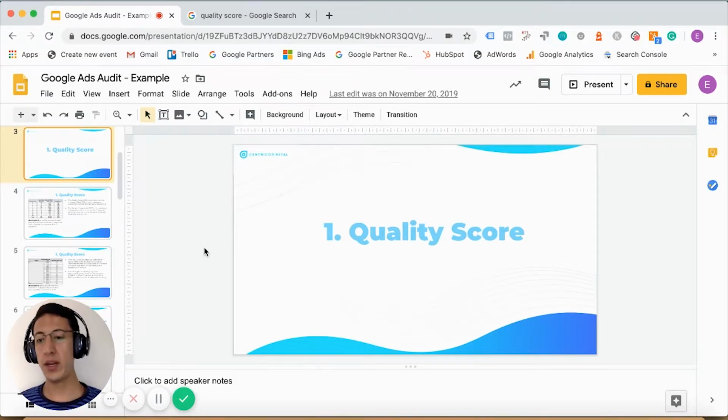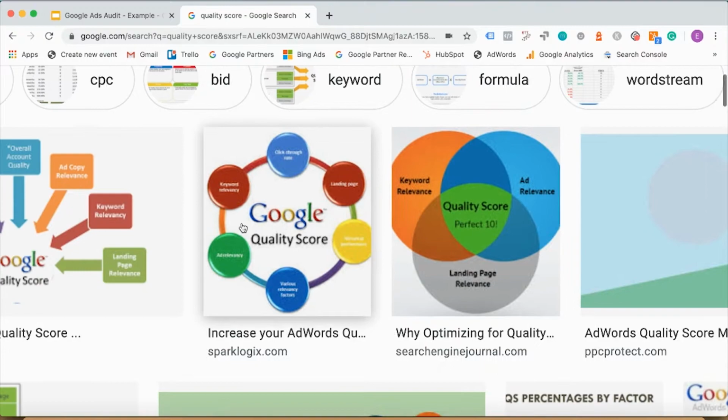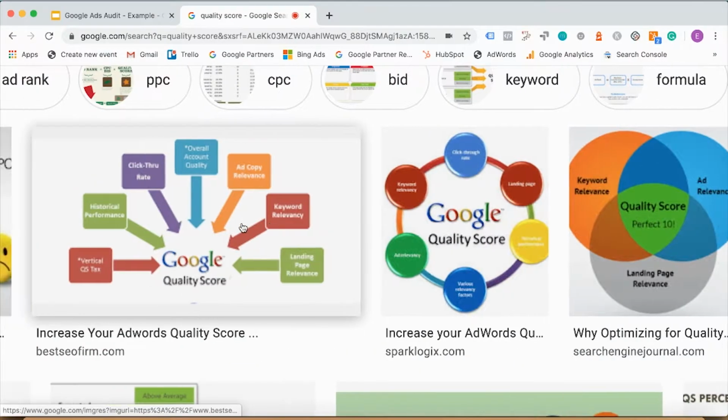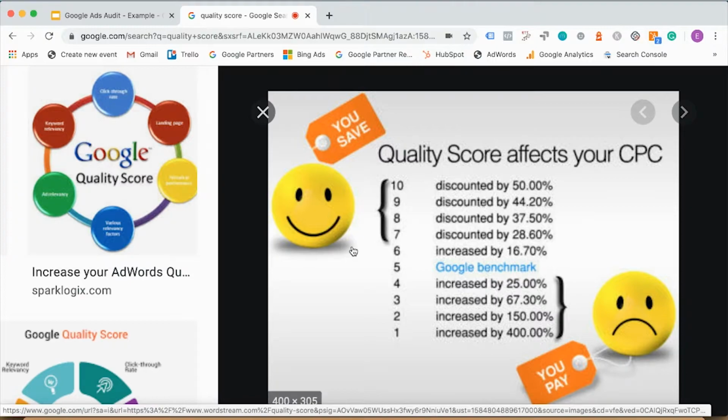And the quality score metric is a score that goes from 1 to 10, and that is assigned to each of the keywords that you're advertising on, based on different factors that assess the relevance that your keywords and ads and landing page have with what the users are searching. So basically, in order to make sure that users are still maintaining that relevance when people are advertising on Google Ads, they've created this quality score metric,